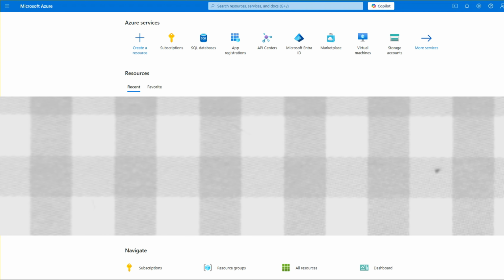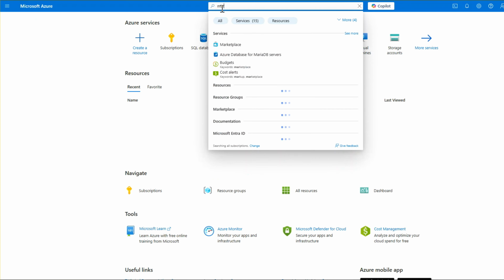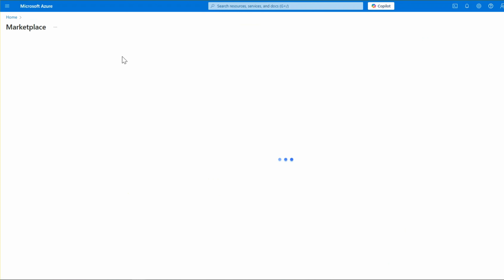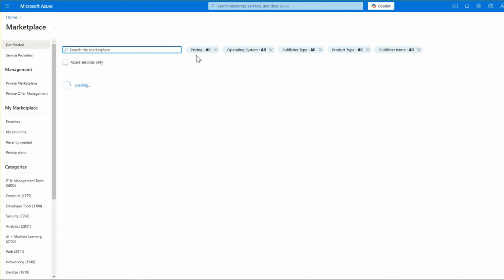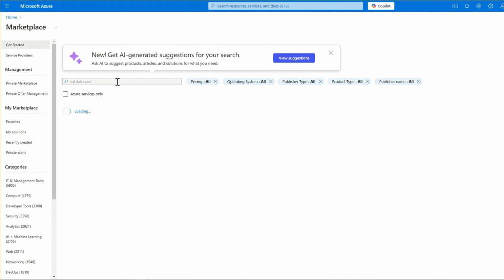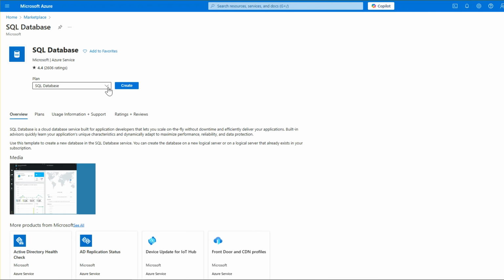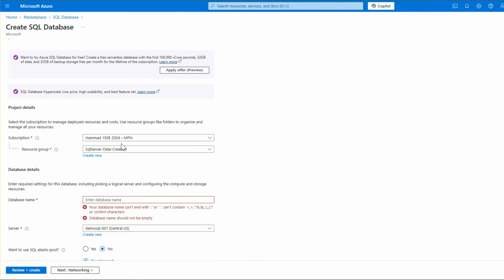So in today's video we're going to look into how we can set up a new SQL server or database, both in one format. First of all, you will have to go to the subscriptions here. Basically you have to go to the marketplace. Then we have to search for SQL database, SQL database, here we are. Then click on the create button, and then we have to select